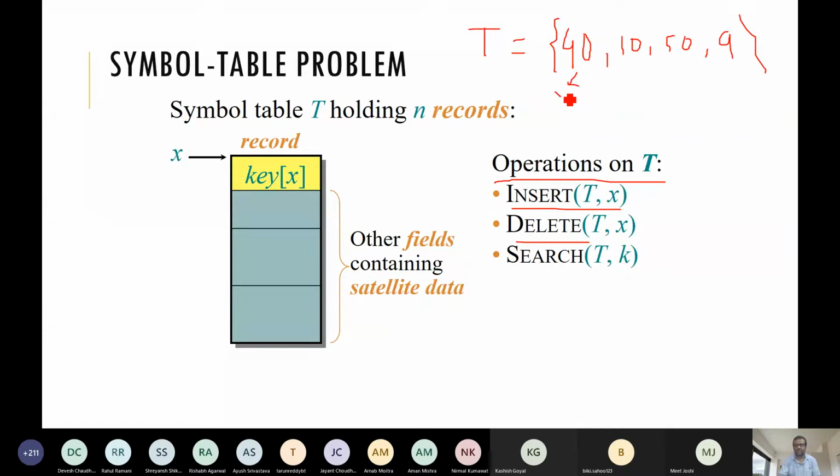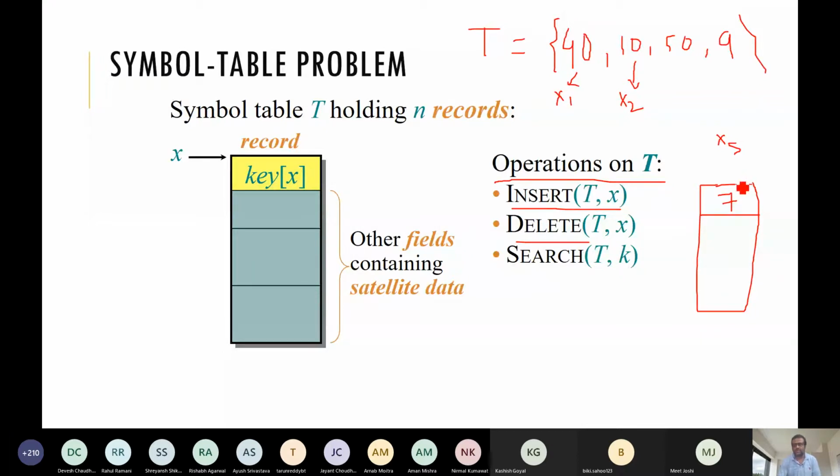This is associated with record x1, this is record x2. So key of x2 is 10, key of x1 is 40, like that. Now we want to insert a record, say x5, a new record whose key value is, say, 7 or something.